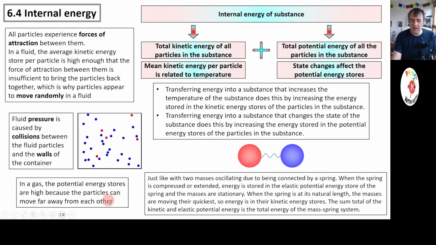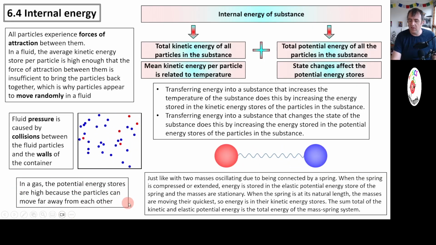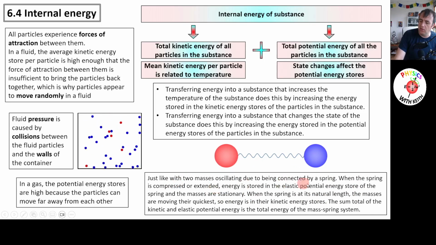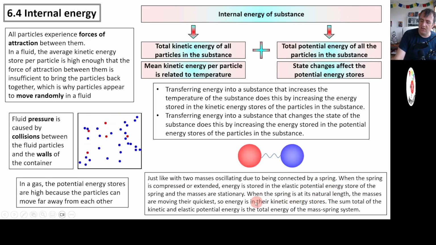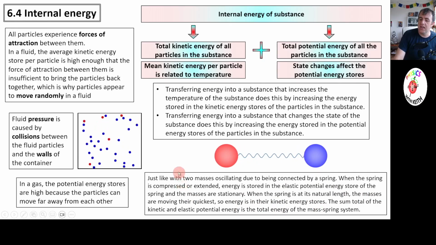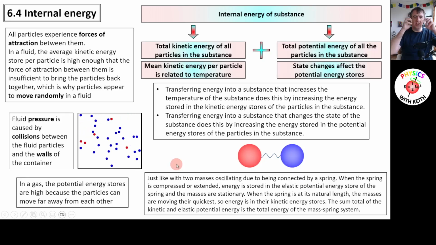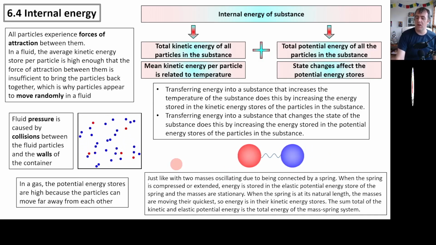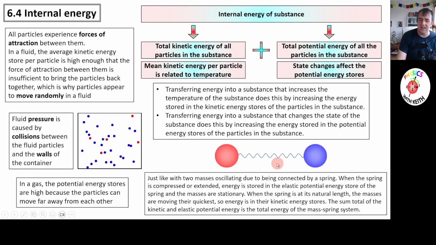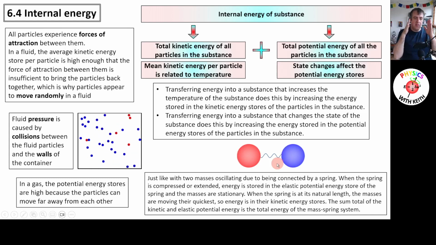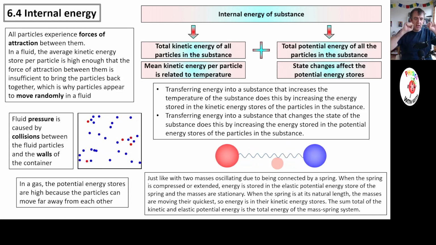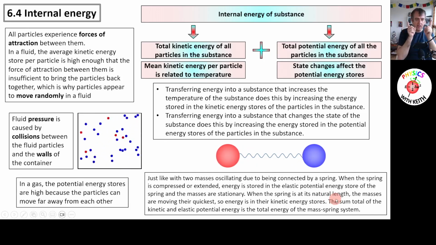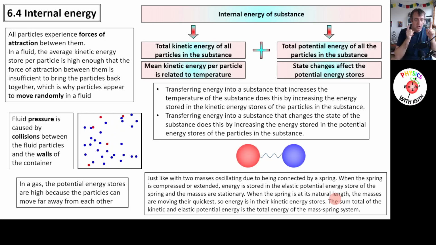There's a little thing here about gas potential energy stores being high because the particles are far away, and then they're comparing particles and the forces between them to masses on springs, just to try to get you clear in your head the idea of kinetic energy, potential energy, kinetic energy, potential energy. Imagine a spring that could be both compressed and extended. It has a natural length, and if you squash it in, it pushes outwards, and if you stretch it out, it pulls inwards. You put a mass on each side of that,